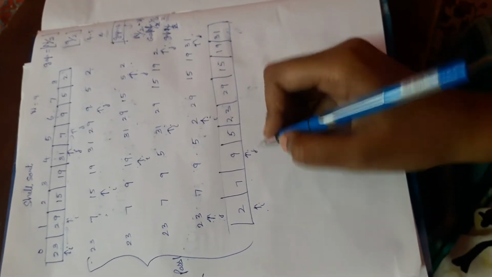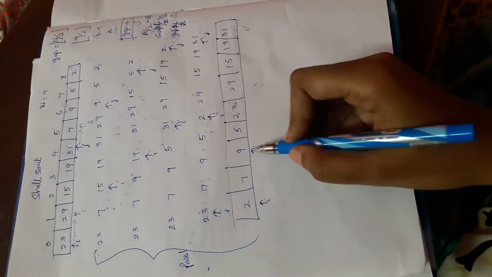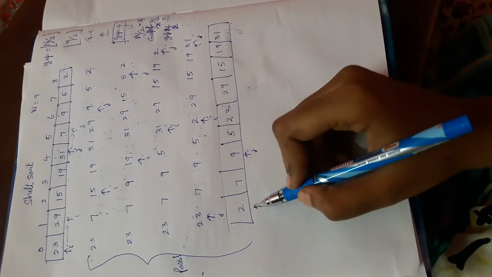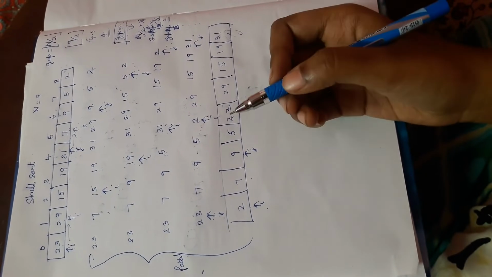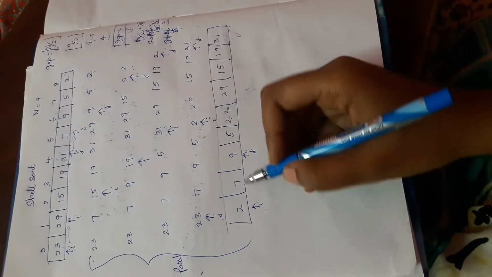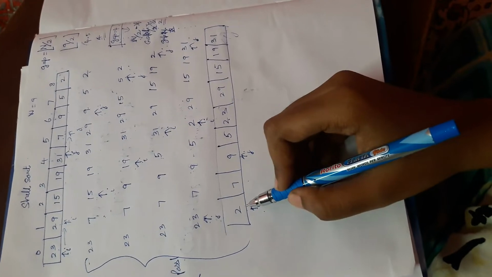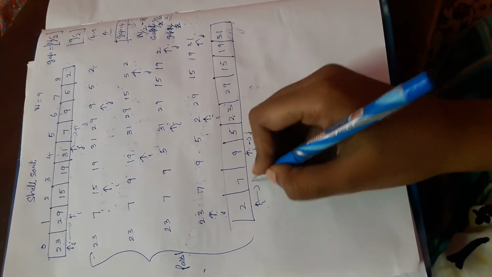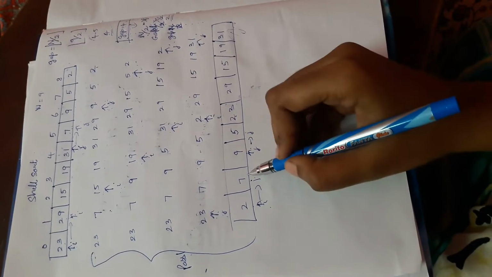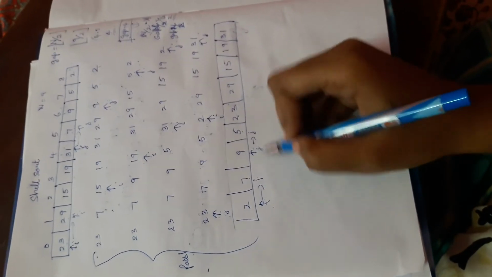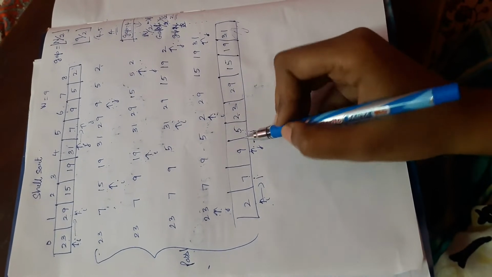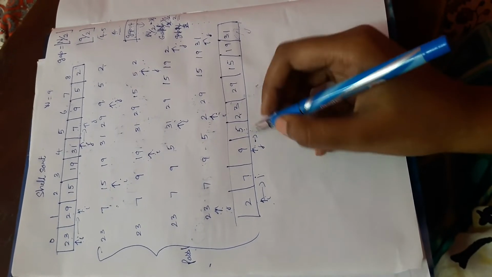So now I am going to compare 2 and 9. There are no changes in that. Also, you are checking two values before, and no values are there, so I am not going to shift anything. Okay, next I will move the j value to the next position, and the i value to the next position. So now compare 7 and 5. So there is a change in this value. Because 7 is greater than 5, I am going to do the shifting operation.